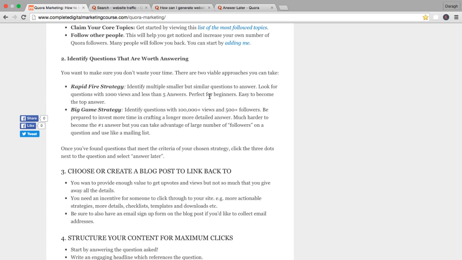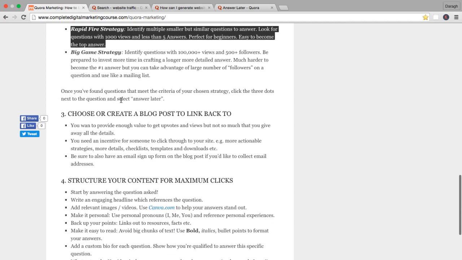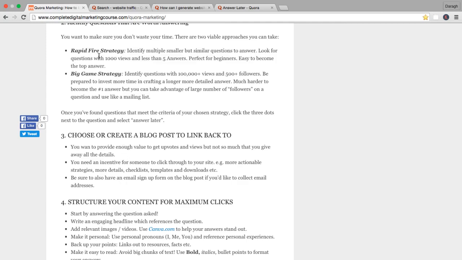I think if you're just getting started, the rapid fire strategy is the way to go. You can get a couple of quick wins there and get some momentum going, and also get a bit of practice to carry out the structuring of the questions. So that's really where I would start.